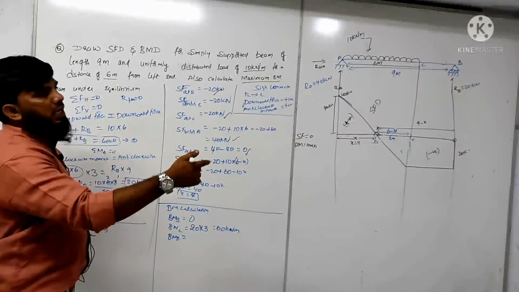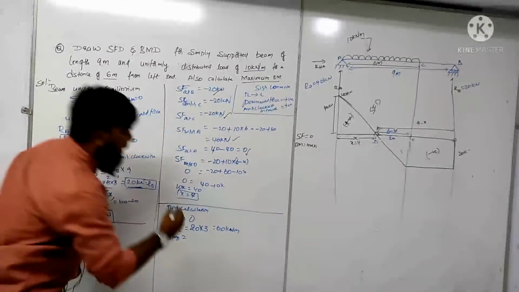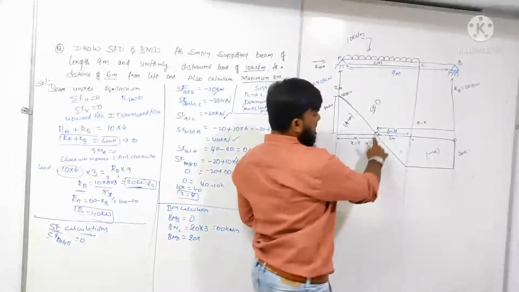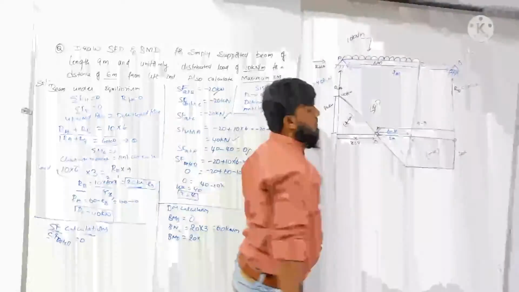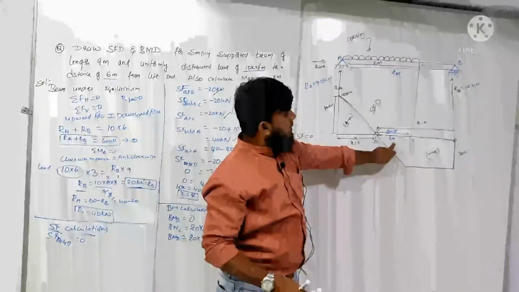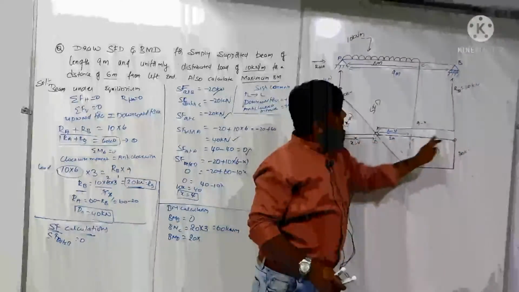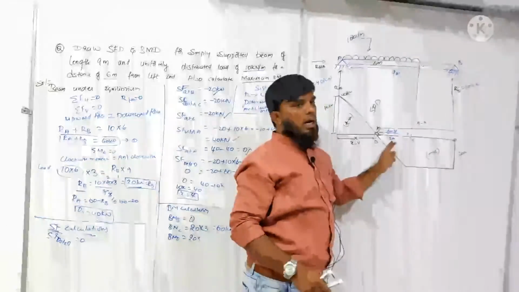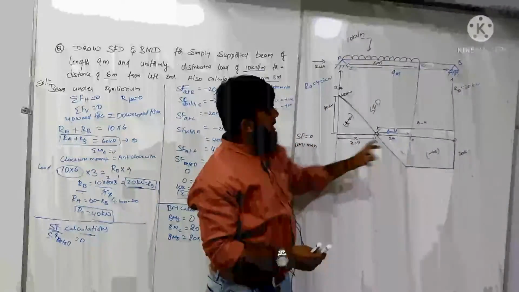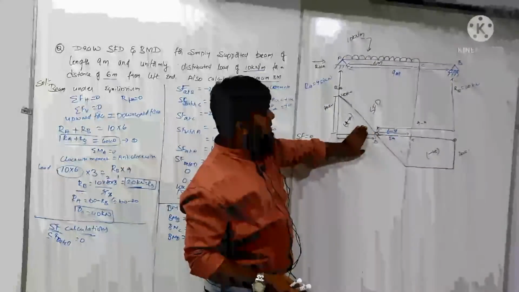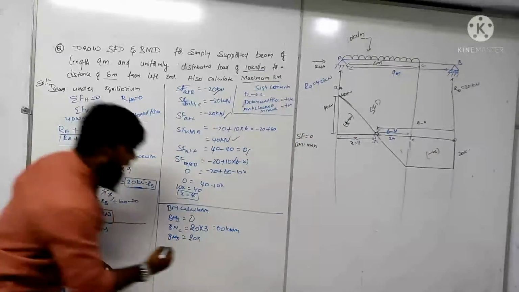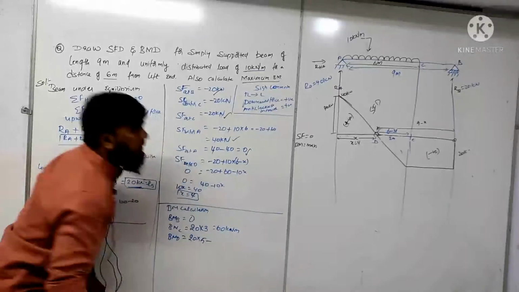So that is, one is clockwise, that is because of load 20 into, now calculate the distance from this point to this point. So this is 2. So what is this distance? 3 equal to this distance. This is 3 means this is also 3. 3 plus 2. Our simple calculation, total is 9. Out of 9 this 4 is gone. So what is remaining? 5. Simple calculation. So 20 into 5 minus.